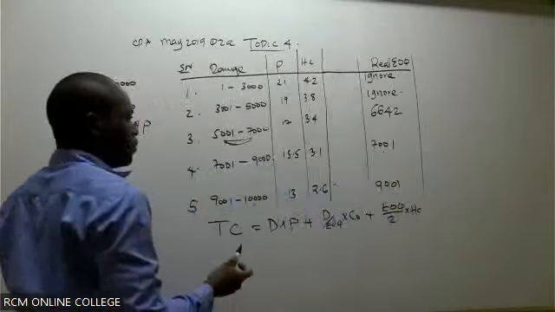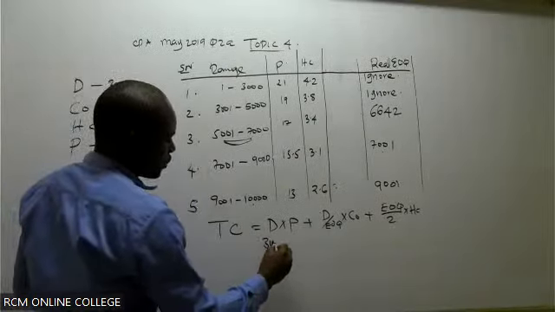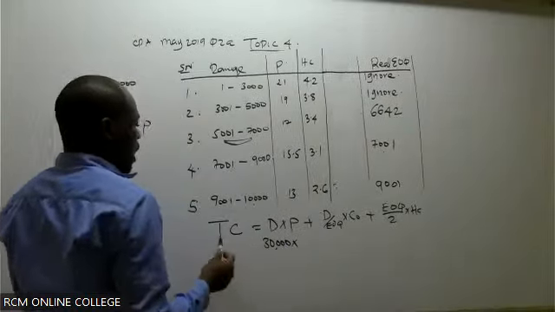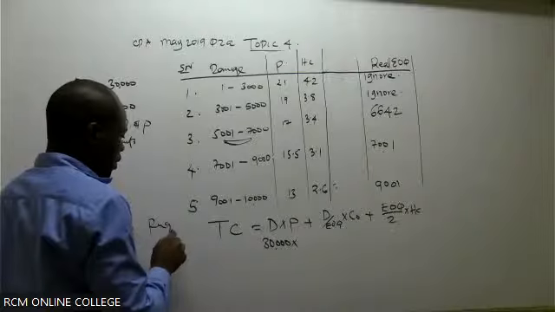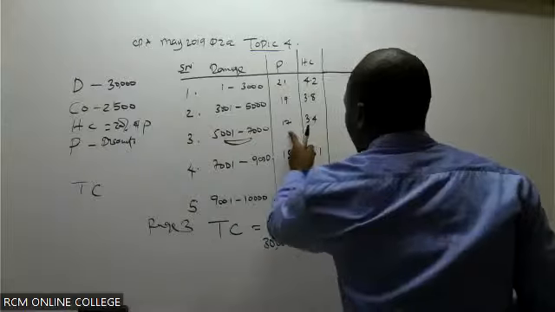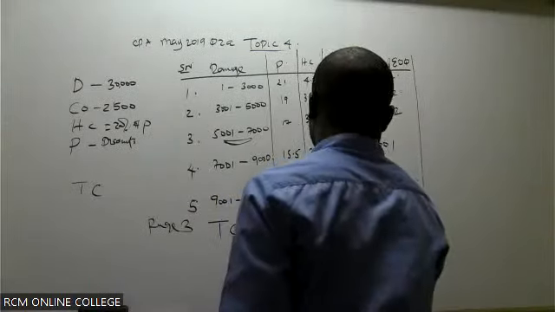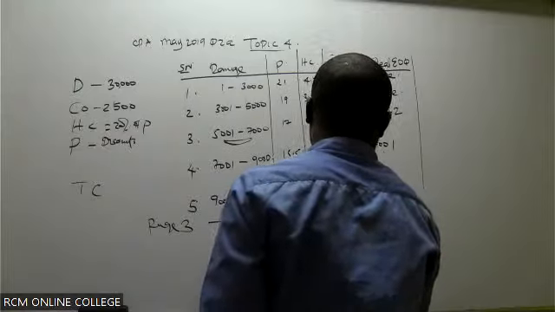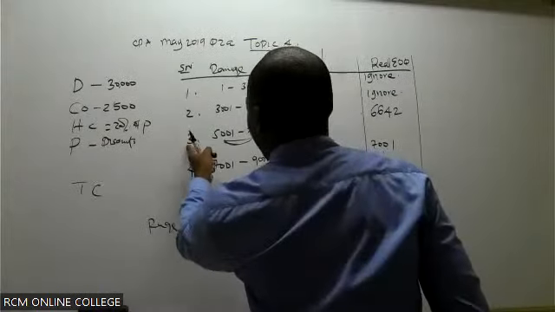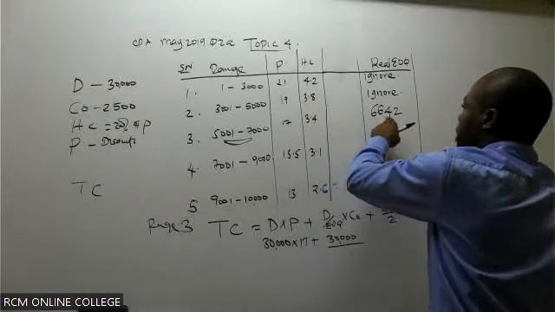So what will I do? Demand has not changed, it's 30,000. So please give me this answer as we leave. Times purchase price. I'm dealing with range 3. What is the purchase price in range 3? Purchase price is 17 plus demand does not change. Multiply by, divide by economic order quantity. In range 3 here, what is the real economic order quantity which we picked? It is this one here,